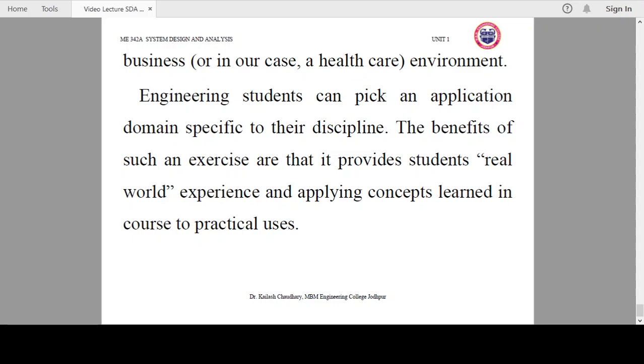This is how we can use the system development life cycle method in different applications. In this lecture we have tried to understand how in a healthcare system we can use the system development life cycle, and how we can analyze and develop a new system in the existing system to modernize that hospital management system. Thank you.